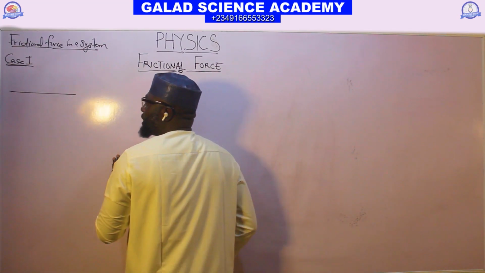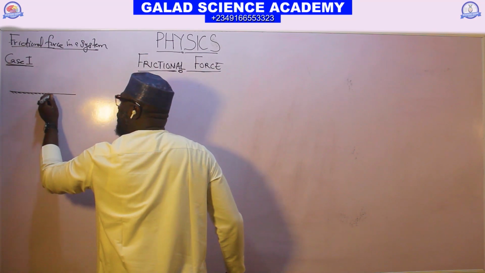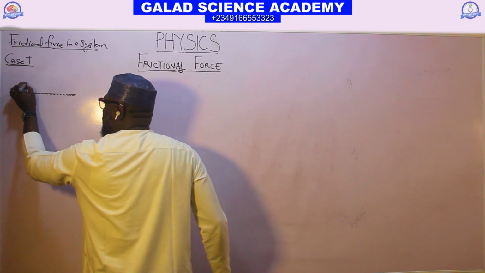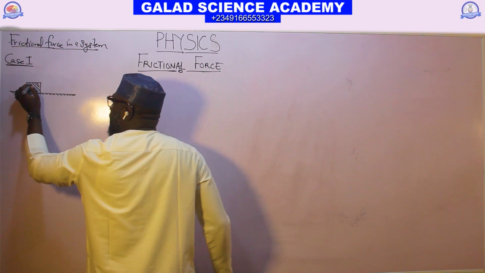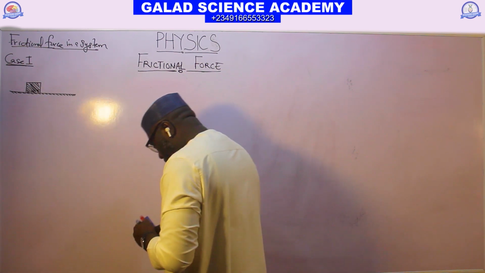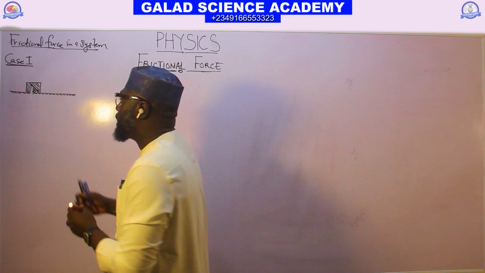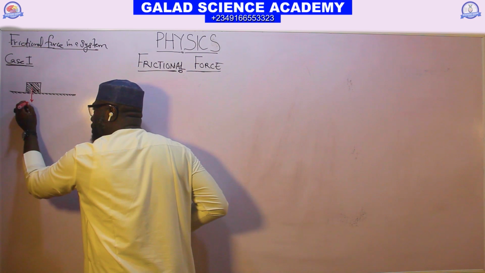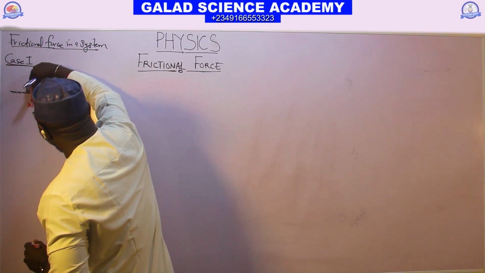If this is a plane, and this plane is a rough surface, and then we have a block that is rested on the plane. This is the block. So if the block is rested on the plane, the weight of the block is acting downward, which is W equals mg, and the reaction of the block